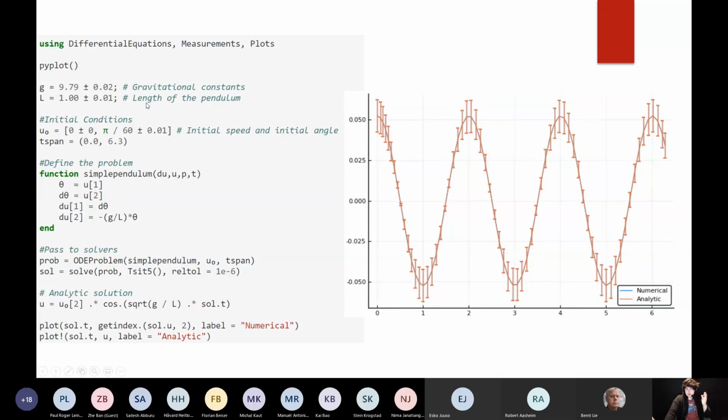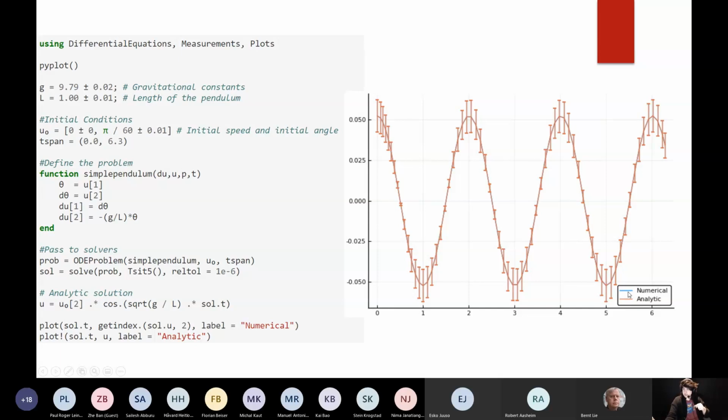And what you could also do, since this is a pendulum, is write down the analytical solution and plot the two. What you see is that the solution automatically pushes through equations with these uncertainties, and the plot automatically adds these error bars as part of the way the uncertainty library works. So in one ODE solve, you have both the solution and the error bars, and it matches the analytical solution, doing the numerical method and the analytical method.